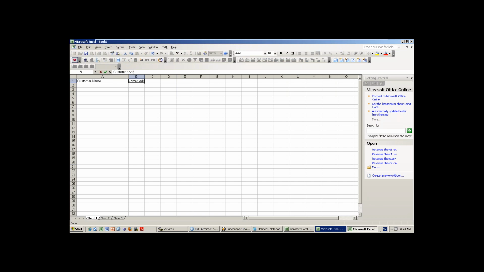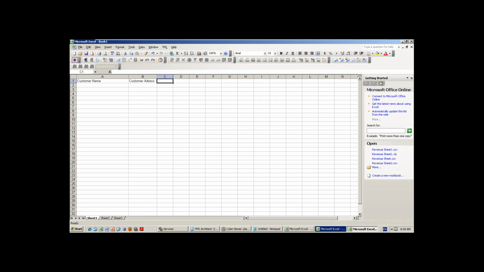Customer address, customer email. There is no consolidation point here. You don't need to do any consolidation. Customer salary, something.